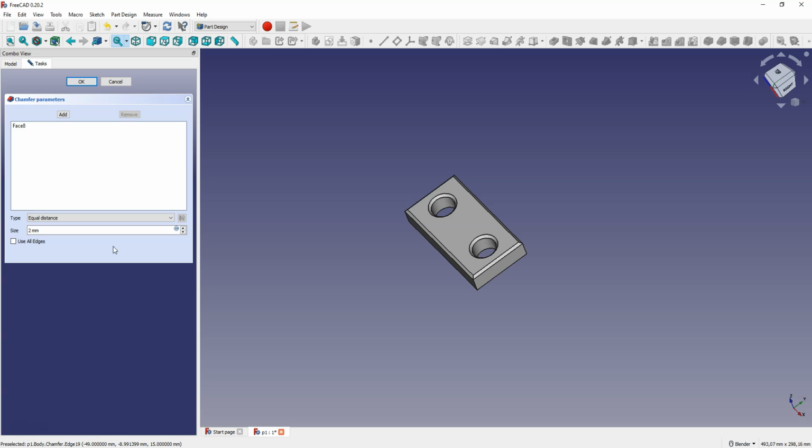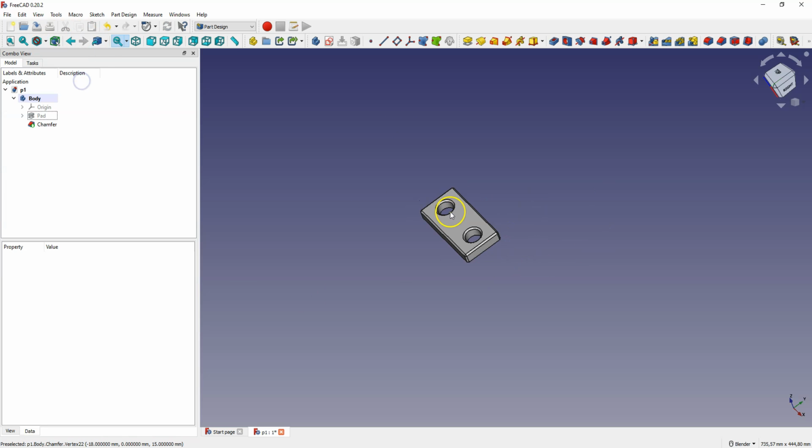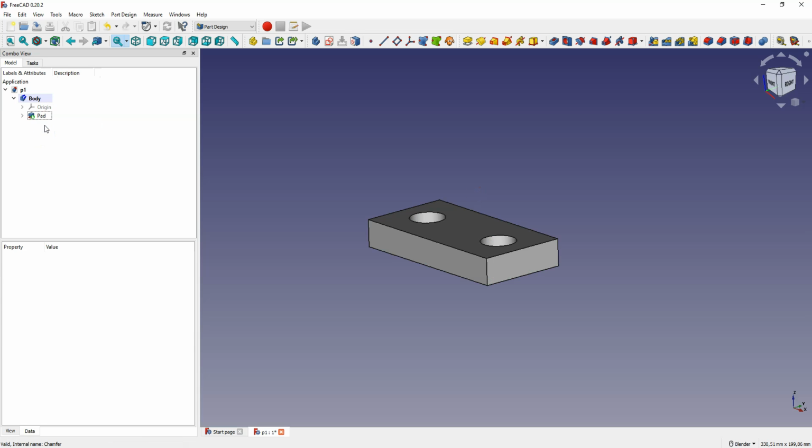And if you want to select all edges of the model, check the Use All Edges. OK, let's delete this operation. If your model has a lot of edges, it may be difficult to select edges in